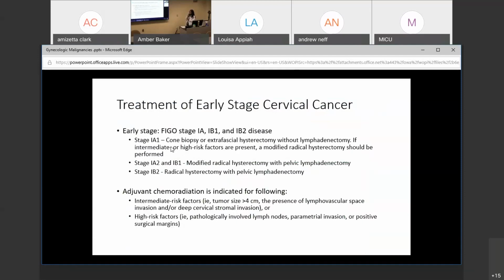If there are high risk factors present on the pathology, then we do follow up with a modified radical hysterectomy. Moving on to stage 1A2 and 1B, modified radical hysterectomy, also with pelvic lymphadenectomy, is kind of the standard. And then for 1B2, you do the same thing. So when do we give these patients adjuvant chemoradiation? Really, if they have high risk factors, which includes tumor size above 4 centimeters, lymphovascular space invasion or deep stromal invasion, pathologically involved lymph nodes, or positive surgical margins, is when we begin to add further treatment